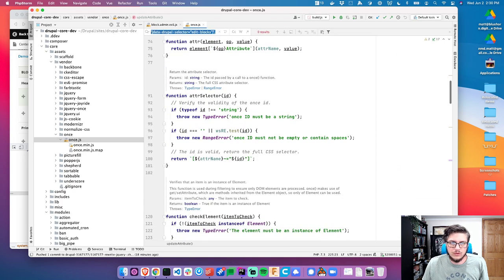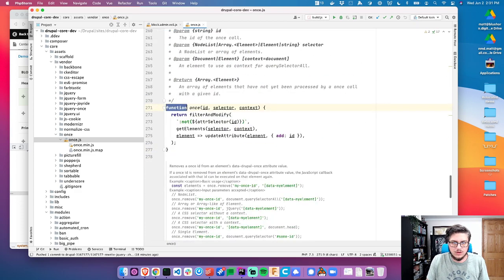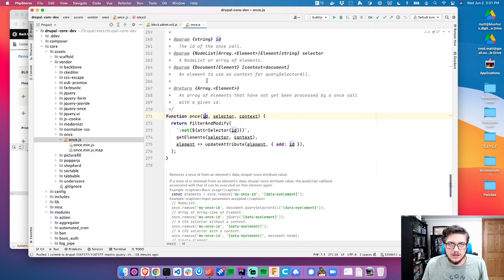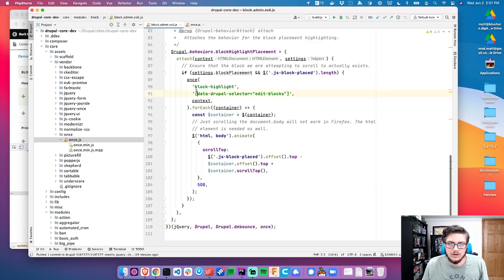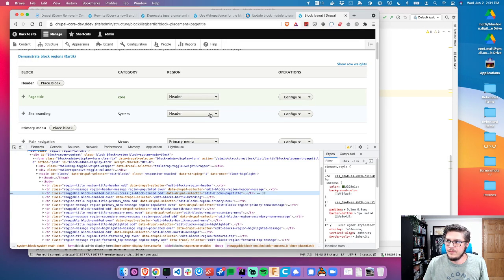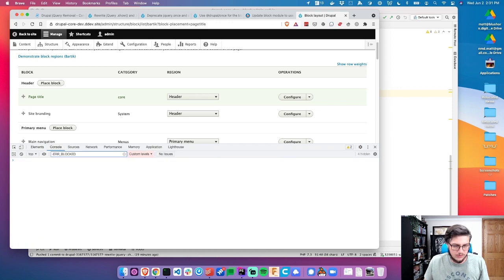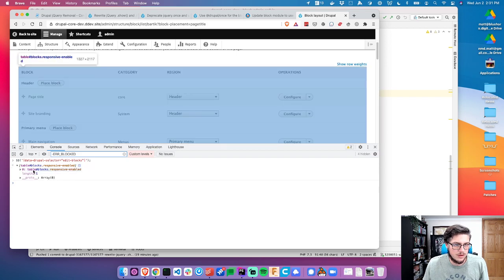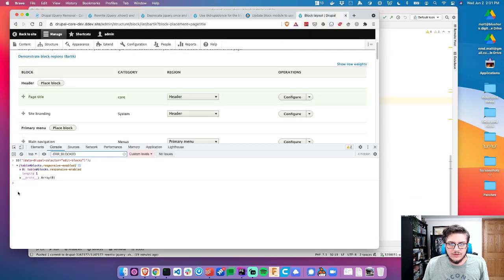So the ID is the once call and then the selector. So this is the selector. So we would do, all right, so we do have that. So this has a